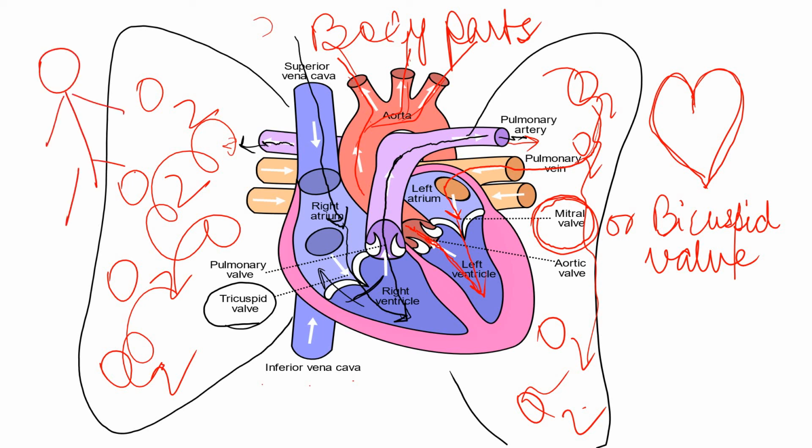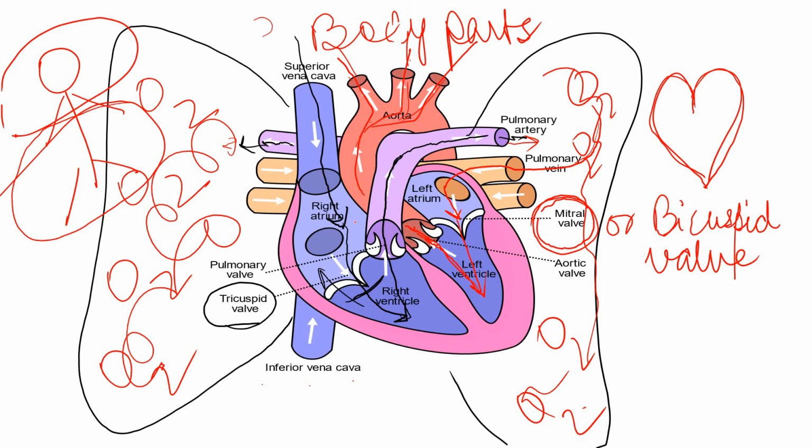This part will be the upper part. The superior vena cava carries all impure blood from this upper part, and the inferior vena cava carries all carbon dioxide rich blood from this lower part. And always remember, the superior vena cava and inferior vena cava drain the impure or deoxygenated blood into